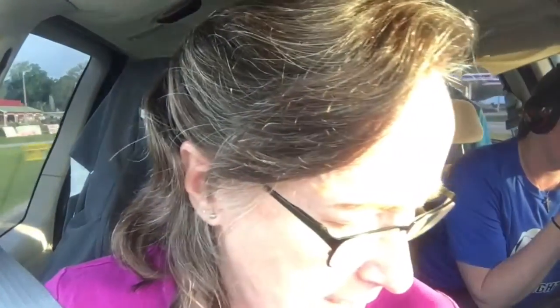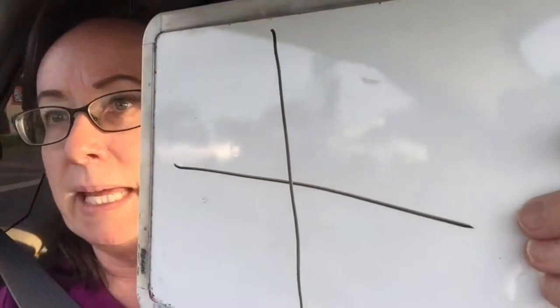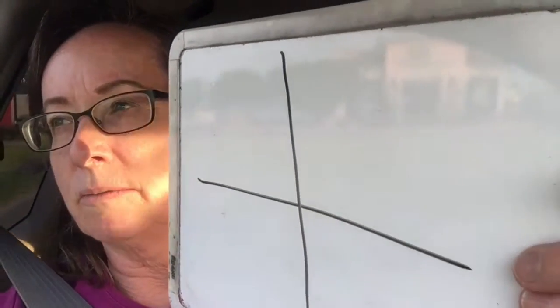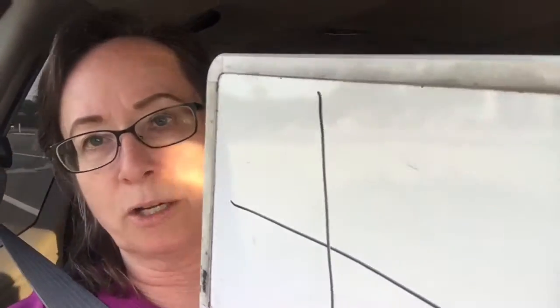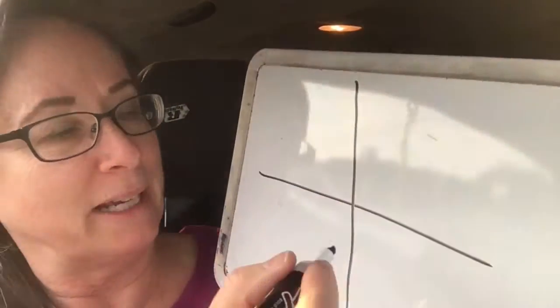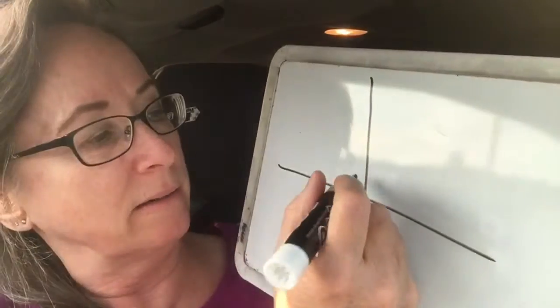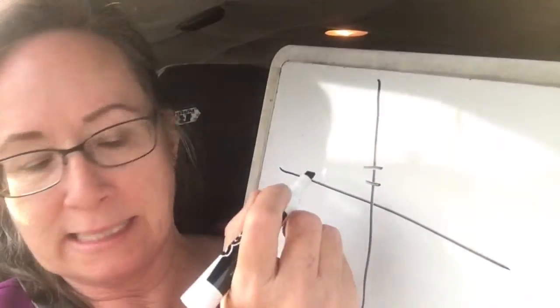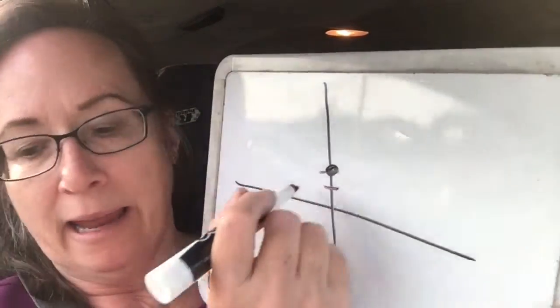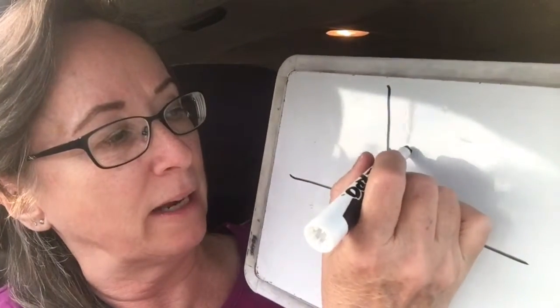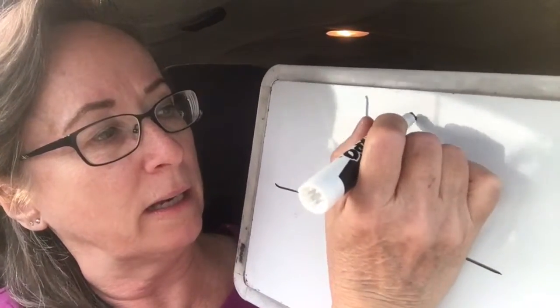Okay, so now we're going to put it all together and finish up this graph. Okay, so we have a slant asymptote. Y is x plus 2, and that's going to be a y-intercept of 2 and a slope of 1. Okay, so here we go with our slant asymptote. Y is equal to x plus 2, so here's my 2, and then I'm going to go up 1 and over 1. So up 1 over 1, up 1 over 1, up 1 over 1, and that is my slant